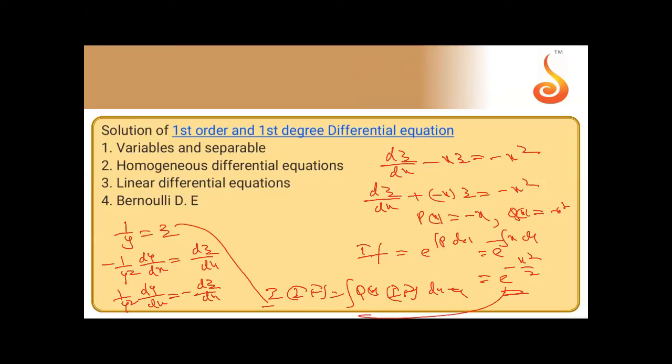Once you get Z, substitute the value here and then simplify to get the answer. Okay, that is the method of solving. The extra part is we have to divide by the right side y term. Automatically we'll get the linear equation in the other variable, solve it, and at last you can substitute as well. We have problems for this, we will discuss there. Okay, that is the method of solving Bernoulli equation.